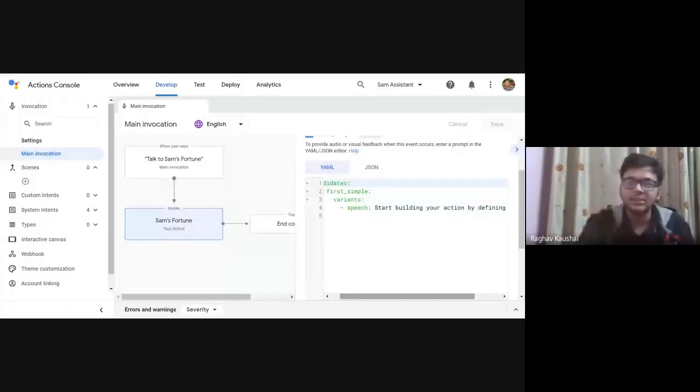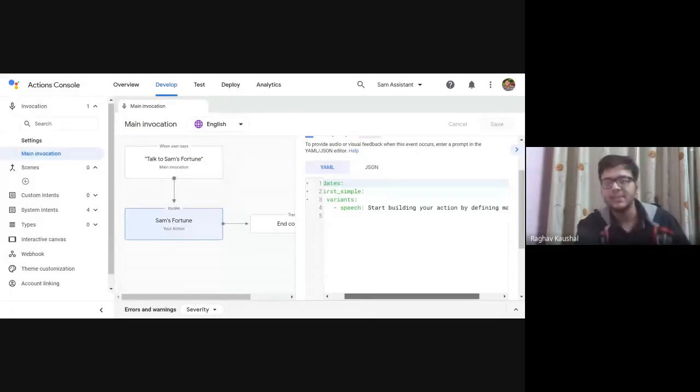That line is the prompt message. Also, whenever you say, "Okay, Google," you hear a sound which is kind of an earcon. Earcon is basically an icon for audio. So you hear an earcon, so that is a prompt, and everything which comes on your screen in front of you is a prompt. So you can make a prompt.